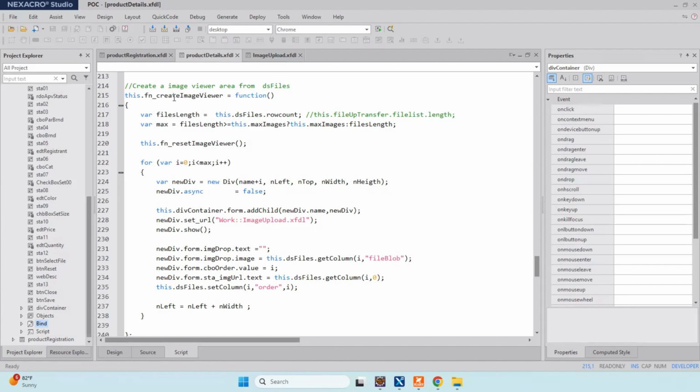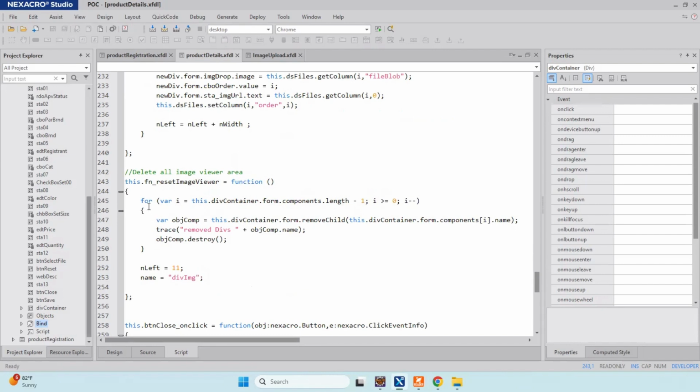In the create image viewer function, you create the image viewer area from the DS files dataset. The maximum images that can be created is 7. So we are only creating 7 images. First, we are going to reset the image viewer.